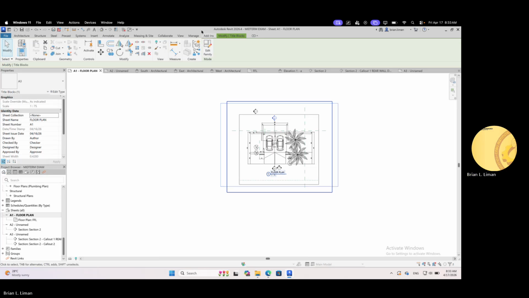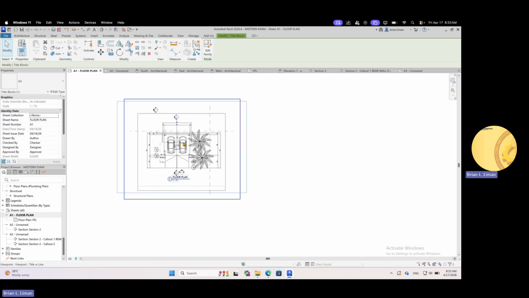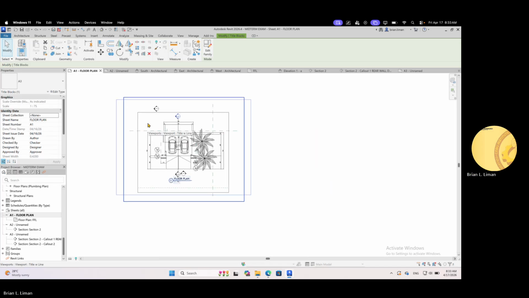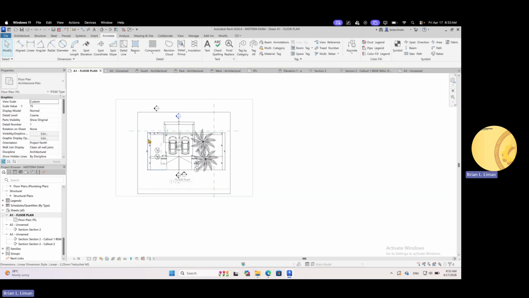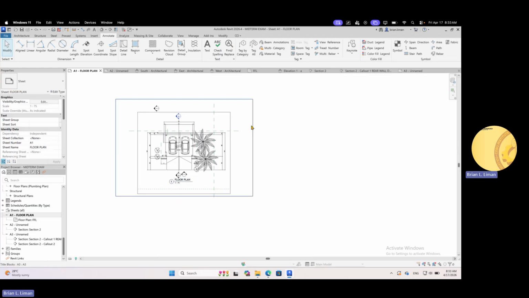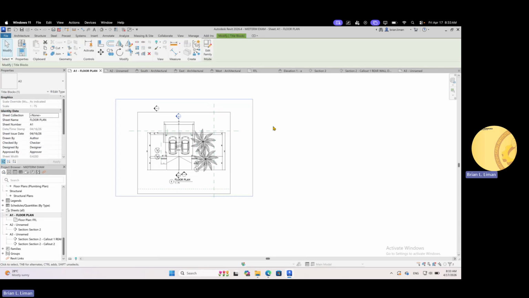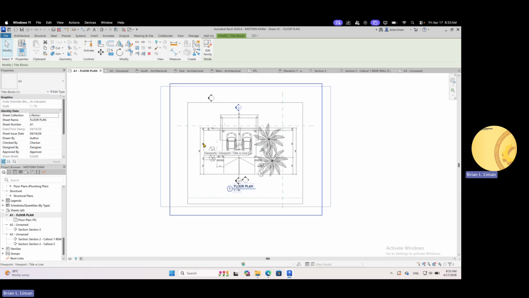Okay, then if you want to make some edits inside the drawing, you just double click inside, so you can edit. Okay, and then after making some edits or modification, click outside, and you will go back to the paper. Okay, this is the paper format, A3. Okay, A3 size.